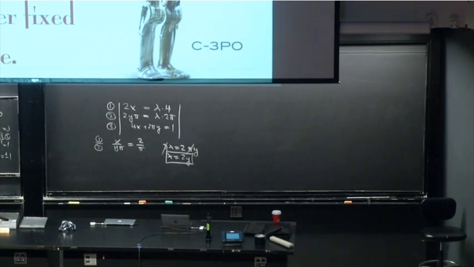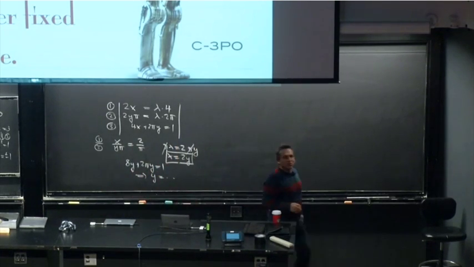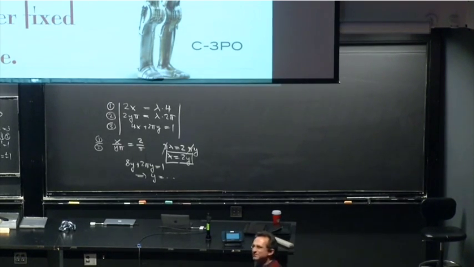And once you have that, it's easy because you can just plug it into the constraint. And you plug this into the constraint, and then you get 8y plus 2 pi y is equal to 1. And then you get y is equal to, and so on. So you have no problem anymore. You're over the hill once you have this relation. I have to accelerate a little bit, but I don't think that's a problem. If you just make more problems, solve more problems on your own.